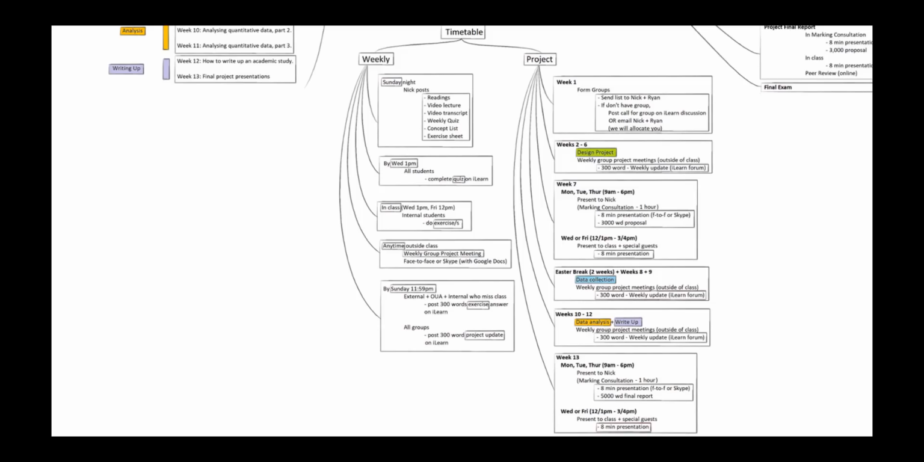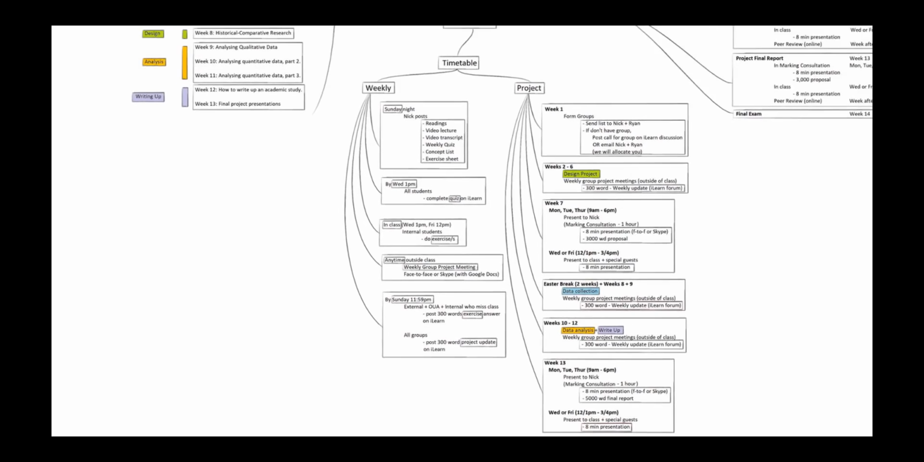There's then a 2-week break for Easter, and in that I want you to be doing a lot of data collection, and also in weeks 8 and 9. You should be continuing the weekly group project meetings and reports. In weeks 10 to 12, you should be doing data analysis and write-up, and again, sending through weekly updates and meeting with your group as and when necessary. And then week 13, as we've already discussed, you will be presenting to me and to the class. Okay,